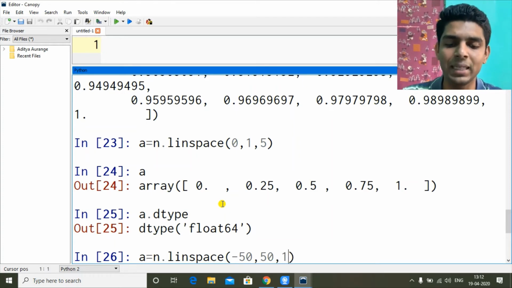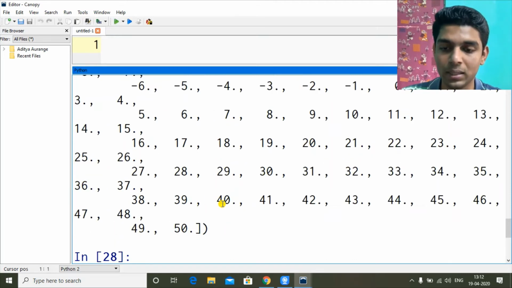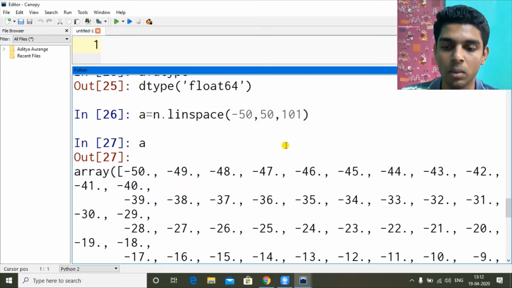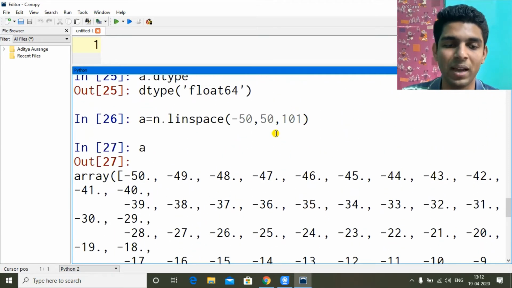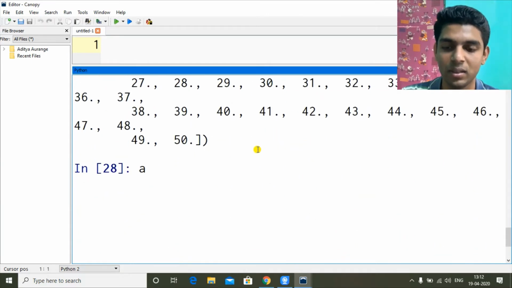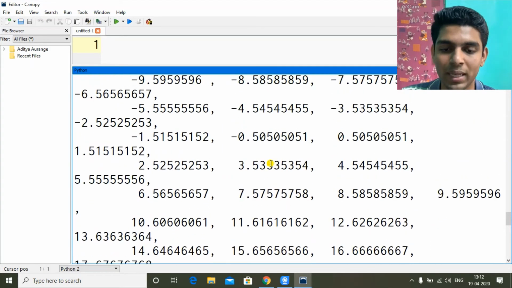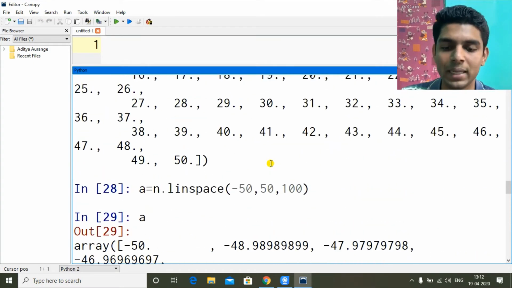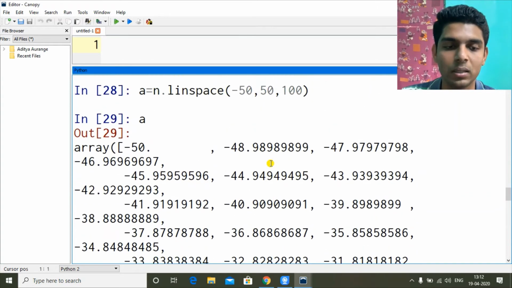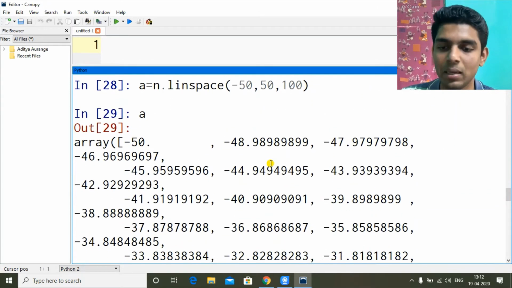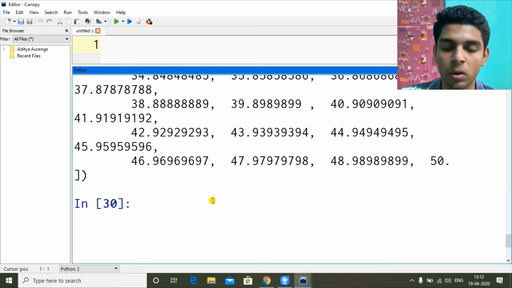So to make it easy, I will use 101. So A has, see, all the points are equidistant. If I had 100, then it would have looked a little different, in decimal points. Taking a simpler example helps us understand the concept easily. So that was all about linspace.